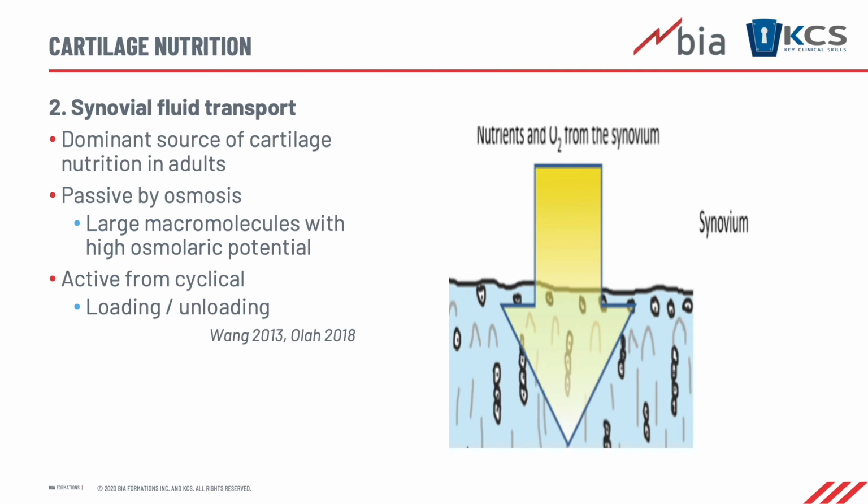So the dominant source of cartilage nutrition is actually synovial fluid transport. Now, this comes about secondary, again, to two subsystems, the first of which is totally passive, and it's by osmosis. Remember those bottle brushes and their high osmolar potential? Well, they draw the fluid content of the synovial fluid into the cartilage itself, and as such provide oxygen and nutrients. But there's another subsystem, an active subsystem,